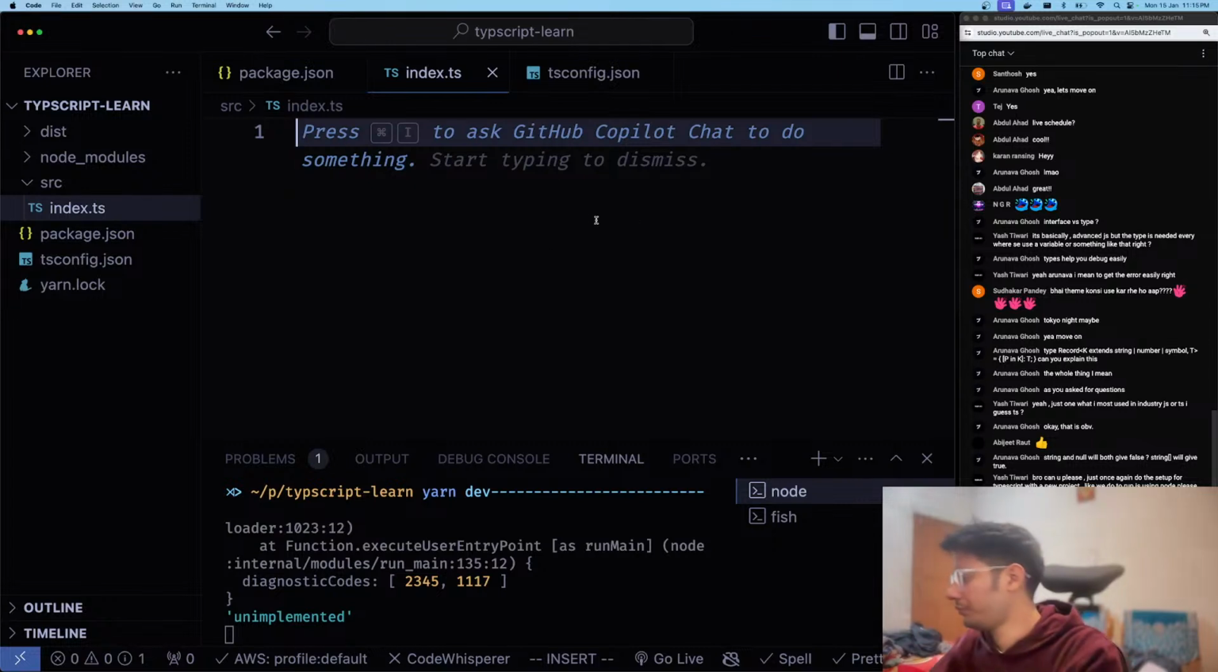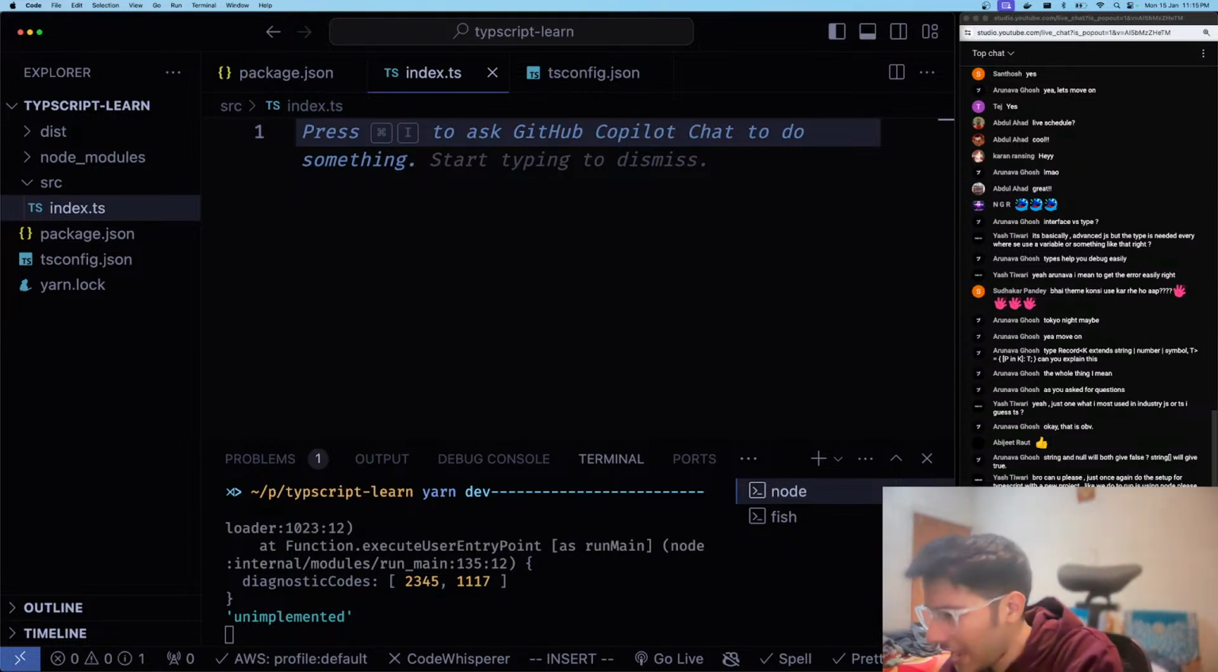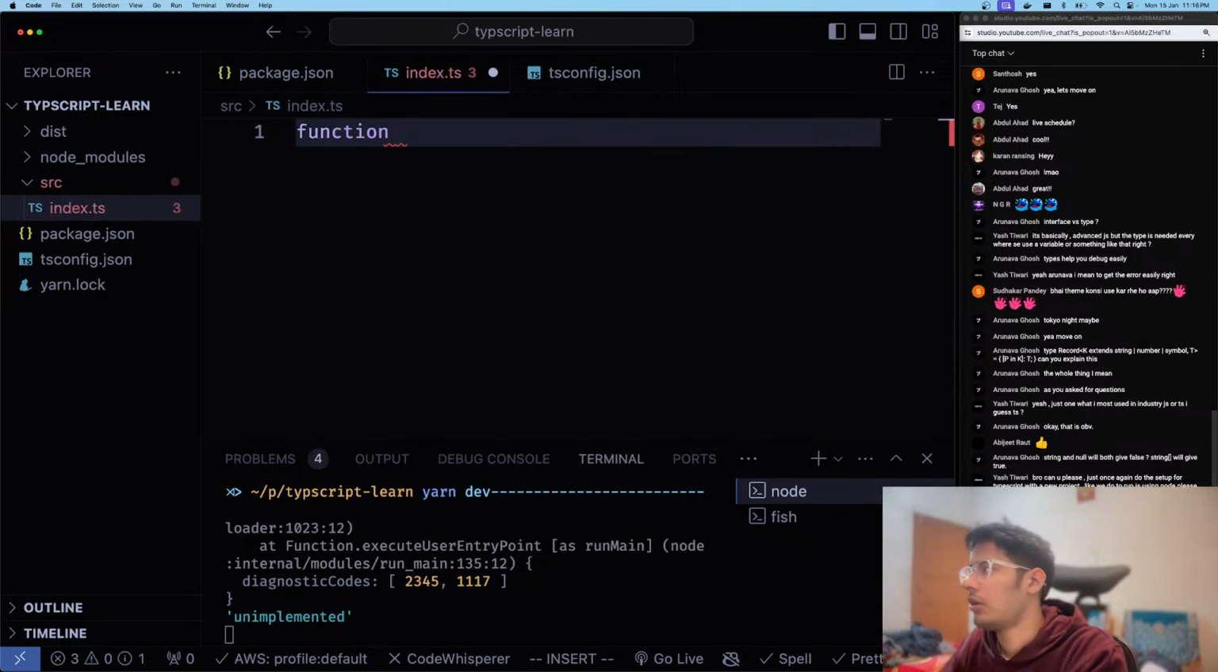Okay, so let's move to generics now. What is generics? Generics is basically when you don't know what type to pass in a function. For example, the useState function. If you have used React, you know there's a useState function that could have any number of types of inputs, right? For example, let's start with a very simple function. For example, I have